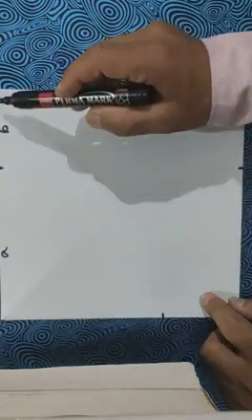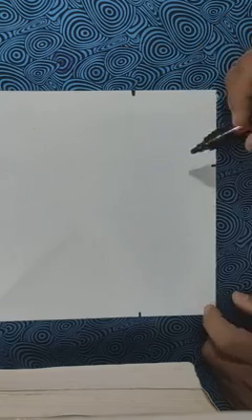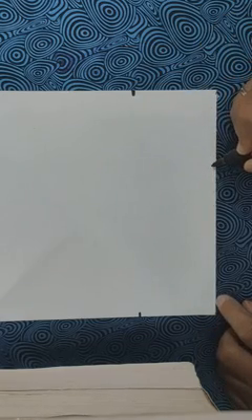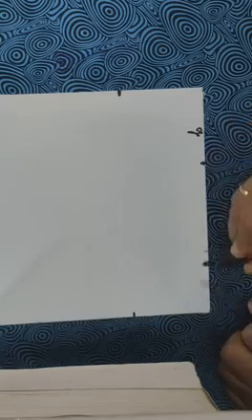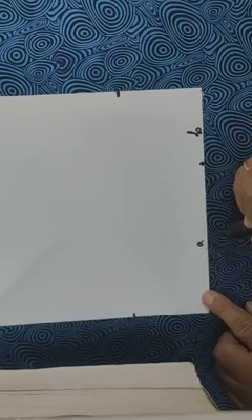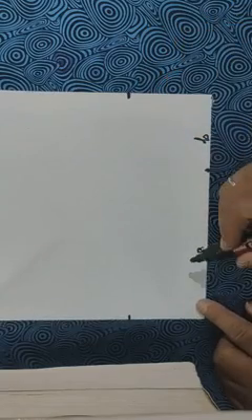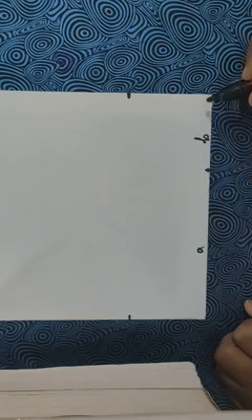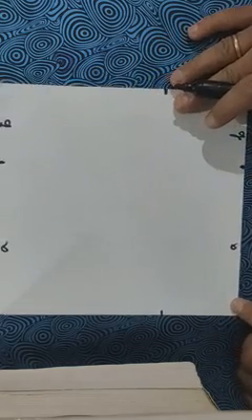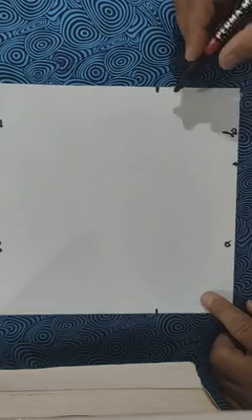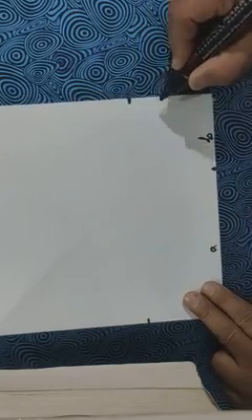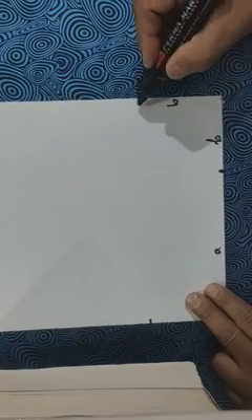A plus B. In a similar way, we are going to consider one more point here in such a way that the distance of this point from this corner will be B and the distance of the same point from that corner will be A. Okay, so this is A plus B. That means we have the square with side A plus B. In a similar way, we have considered one more point here in such a way that the distance of this point from this corner is B and the distance of this point from the upper corner is A.